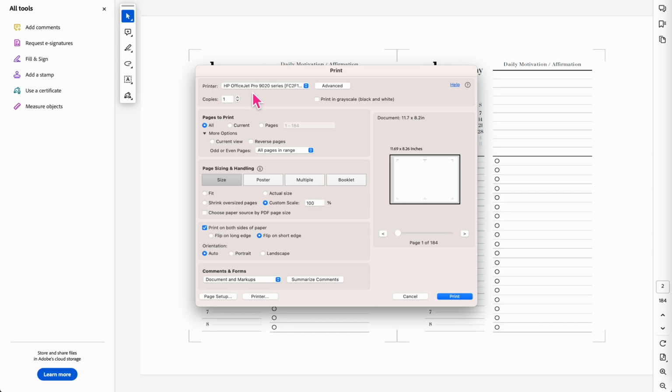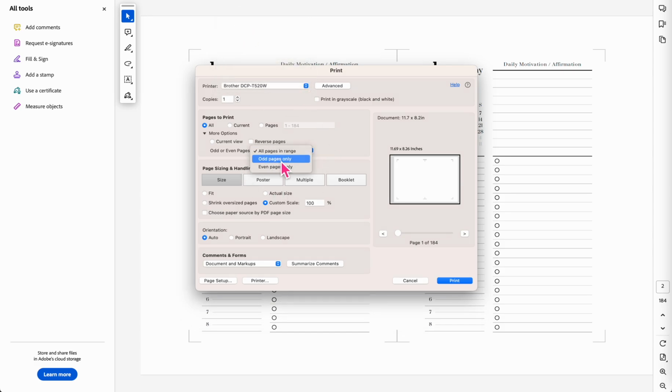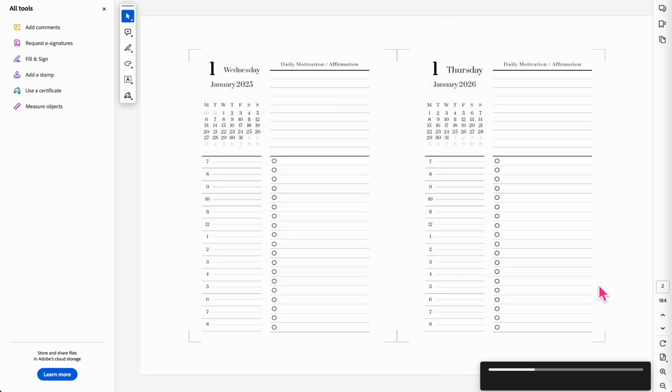If your printer cannot print duplex, you want to select to print all odd pages first. So print all odd pages, then you want to flip the pages, reinsert into the printer, and then you want to print out all the even pages on the back side of it. So print your planner front and back, and then once you have it printed, you want to then cut it